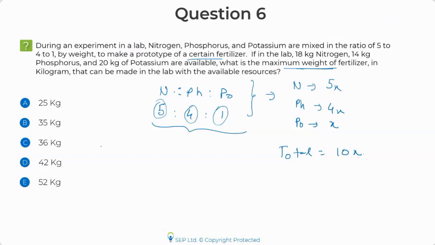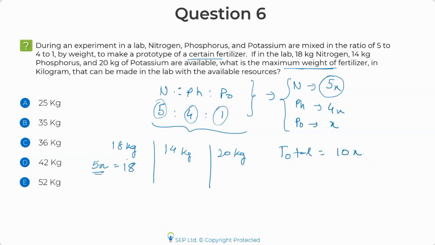And now in this case, I have 14 kgs of nitrogen. Okay, phosphorus is how much? Oh, sorry, 18 kg of, yeah, my bad. 14 kgs of phosphorus. Okay, and I have 20 kgs of potassium. And I know I need to take them in the quantity 5x, 4x, and x. Now I have three possibilities. You need to try and start thinking, what if this 5x that I have, what if I take this whole thing equal to 18 kgs?